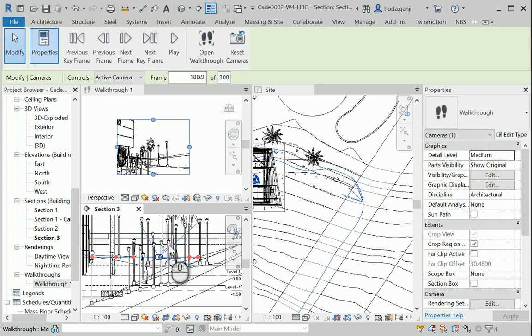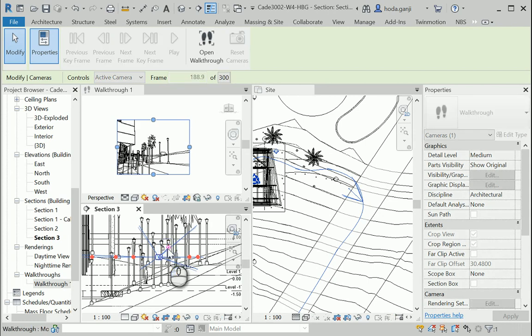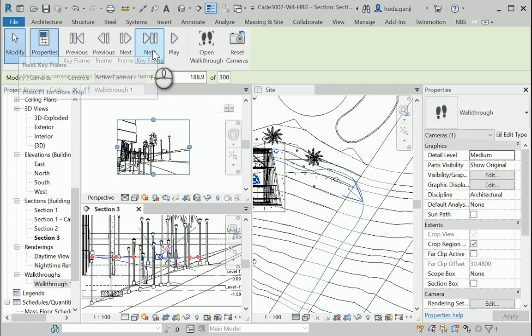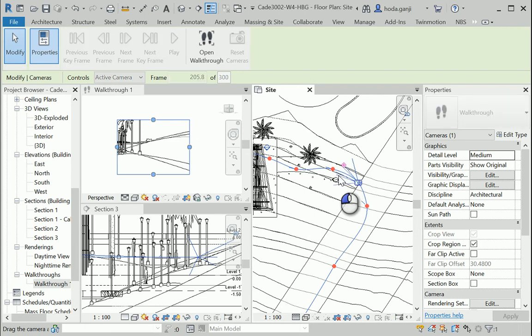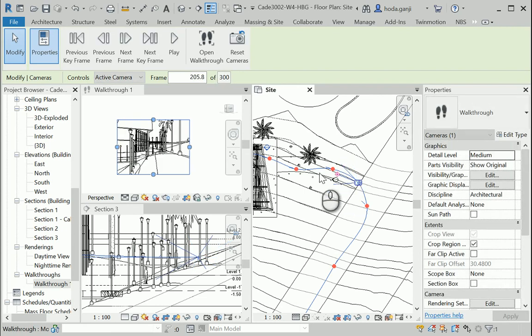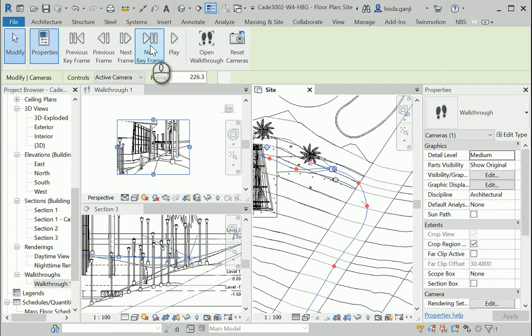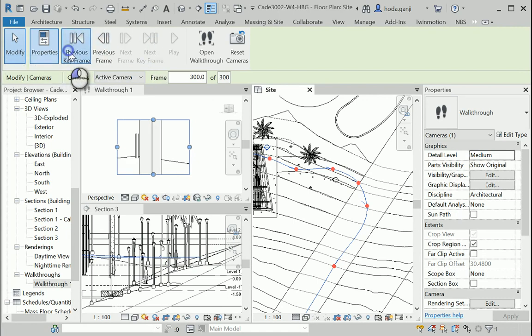Okay, so this is one of the situations where you really need to have 3 views side by side. We can go to the next keyframe. Again, I need to go here, move the target to the left, much better. Next keyframe, next keyframe, next keyframe. Okay, so we can go to the first keyframe